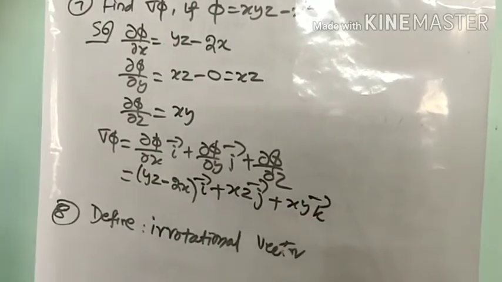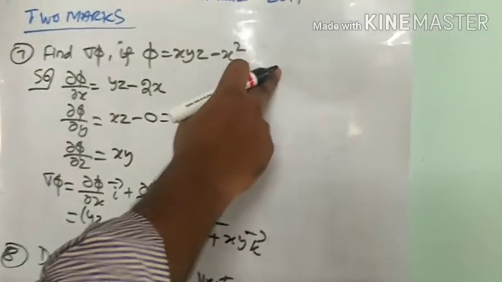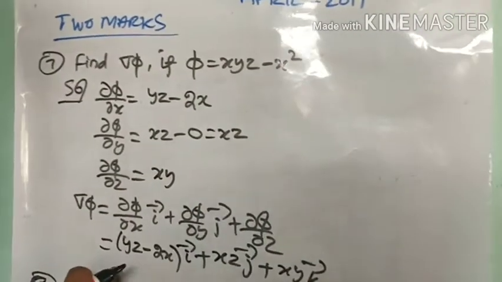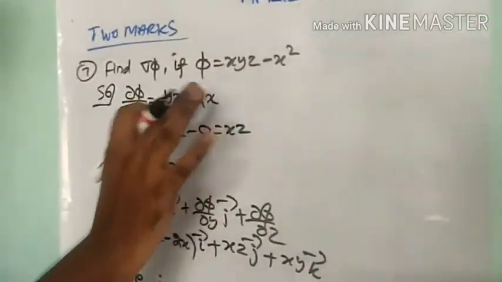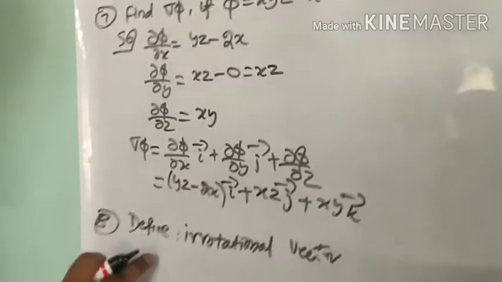So sometimes the problem is asked at a point. Okay, if it is at a point, you substitute the x, y, z values. Here they ask del phi alone, so just leave it. Now go to the next problem, that is